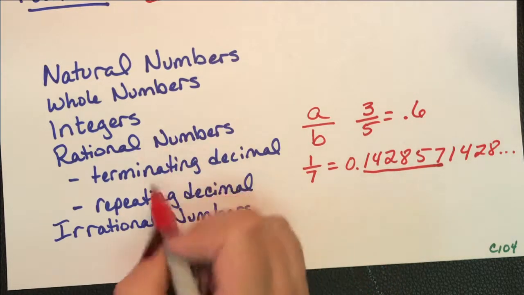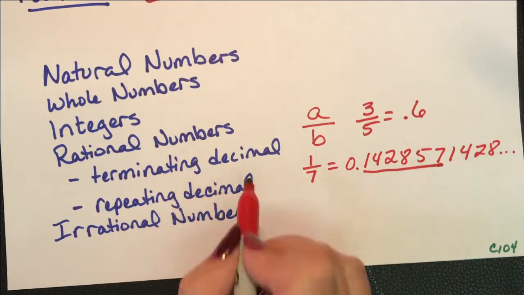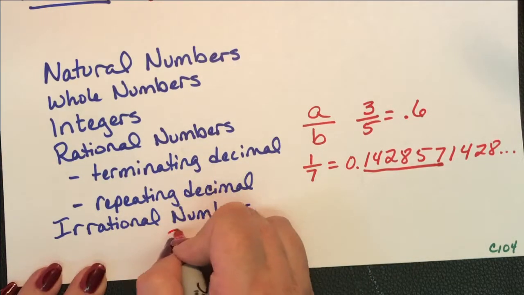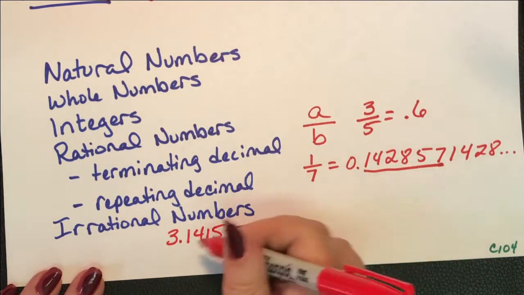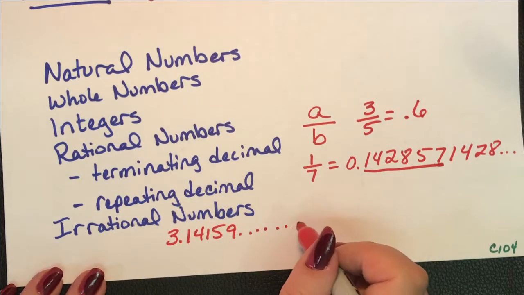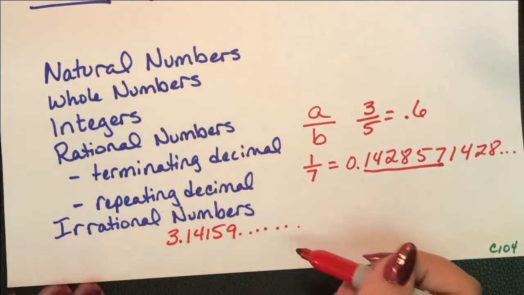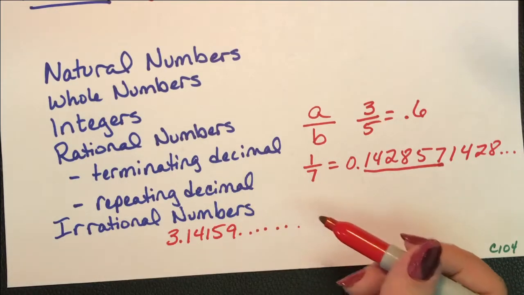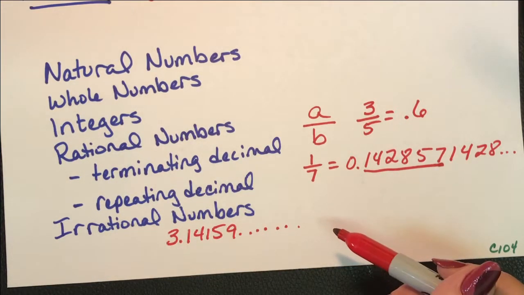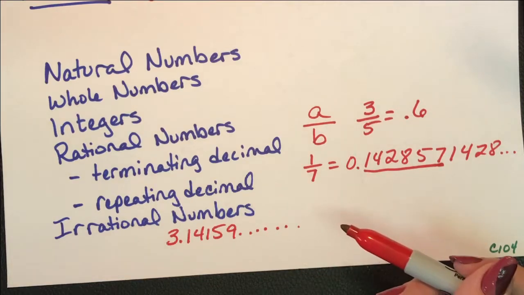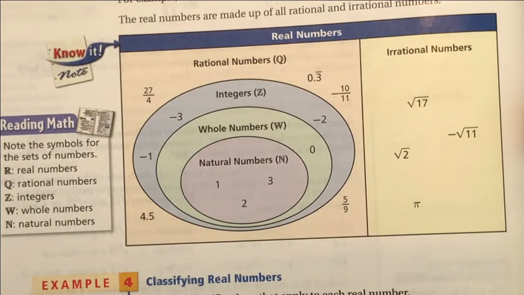Irrational numbers are when you have a decimal that goes on and on that does not repeat. Pi, 3.14159, and it keeps going on, and it does not repeat anywhere, and it does not end anywhere. This is an example of an irrational number. There are a number of examples of this, but this is the one I know by heart. So, your next example starts asking you questions about this, and it shows you a chart that helps you kind of understand them. So if you work through example 4,